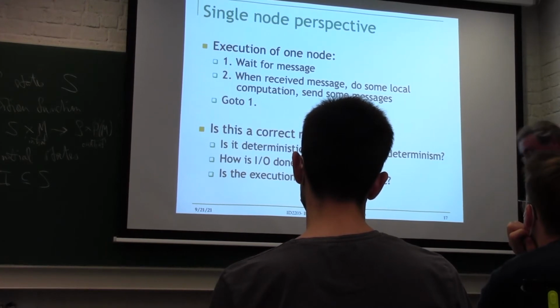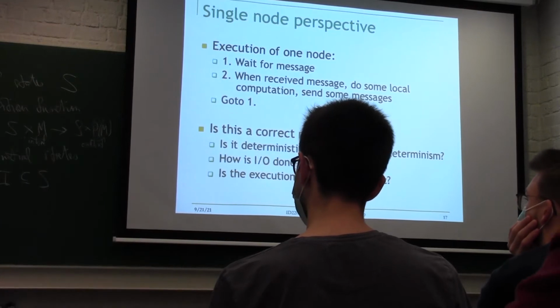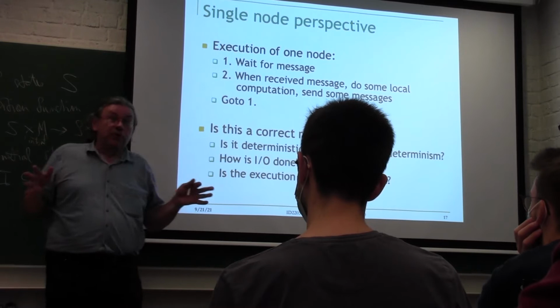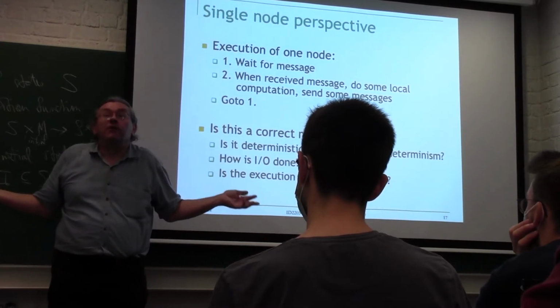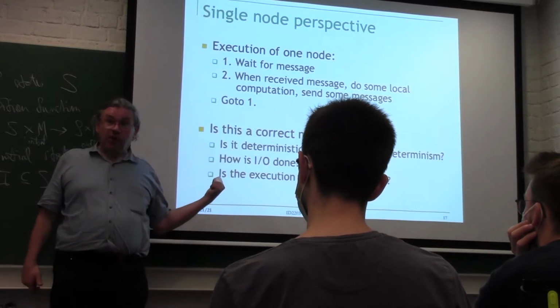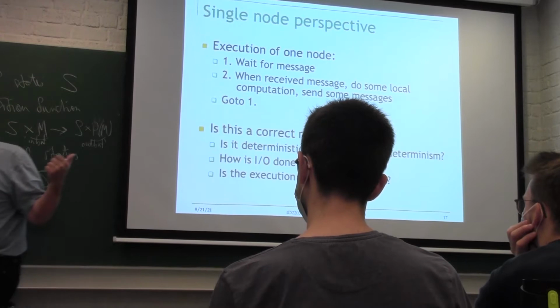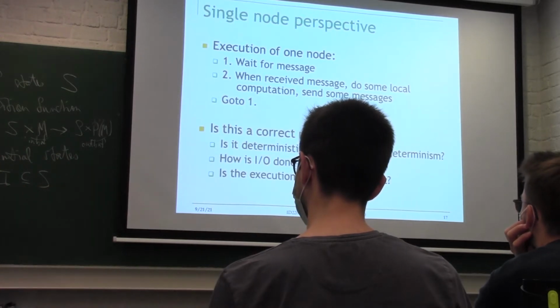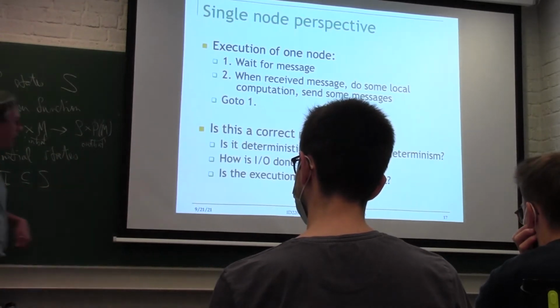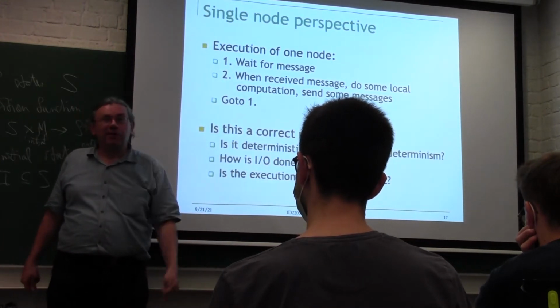Of course, a real distributed system is non-deterministic, because in an asynchronous model, you don't know how long the messages are going to take, and if you run the same program more than once, it can do different things depending on the timing, okay? This model should have that property too, if we want it to be a good model. But the state transition function is deterministic. So where is the non-determinism? You tell me, where is it?